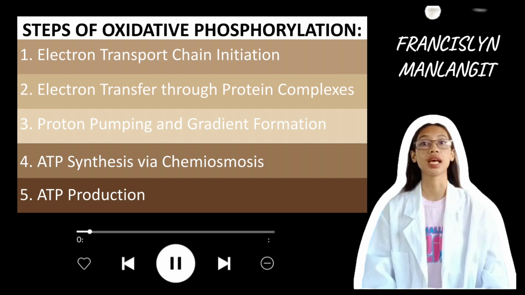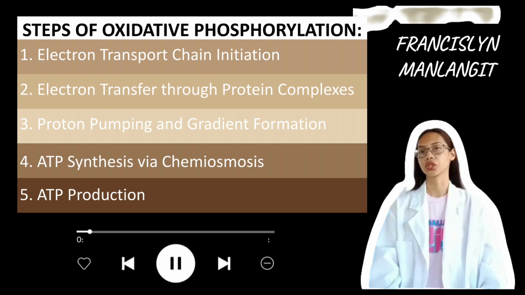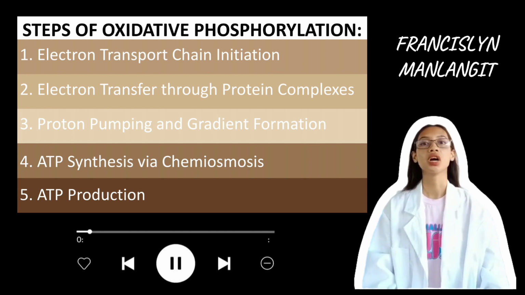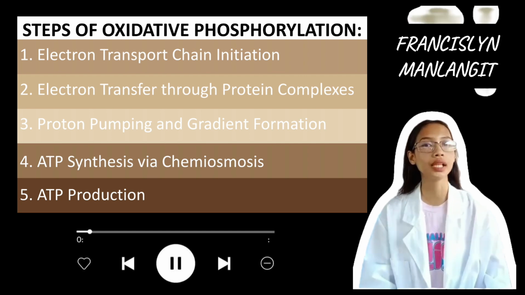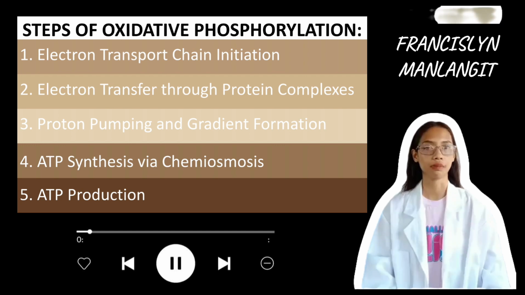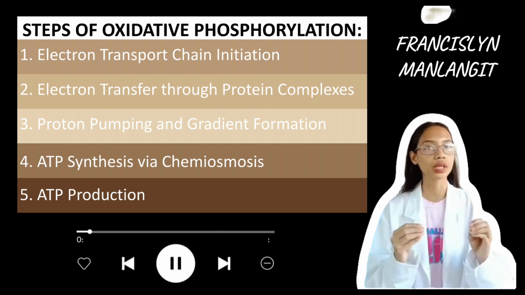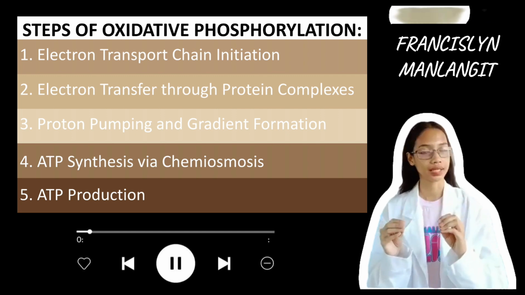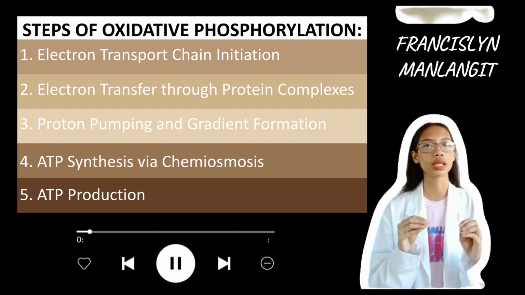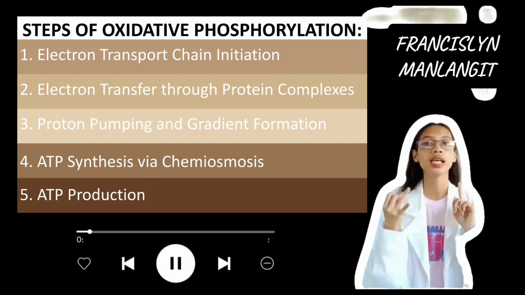The last step is ATP production. The final step of oxidative phosphorylation results in the production of ATP. The energy currency of the cell is ATP. ATP is like a rechargeable battery that powers various cellular processes. The ATP generated through oxidative phosphorylation is essential for activities like muscle contraction, cell division, and other energy-demanding functions